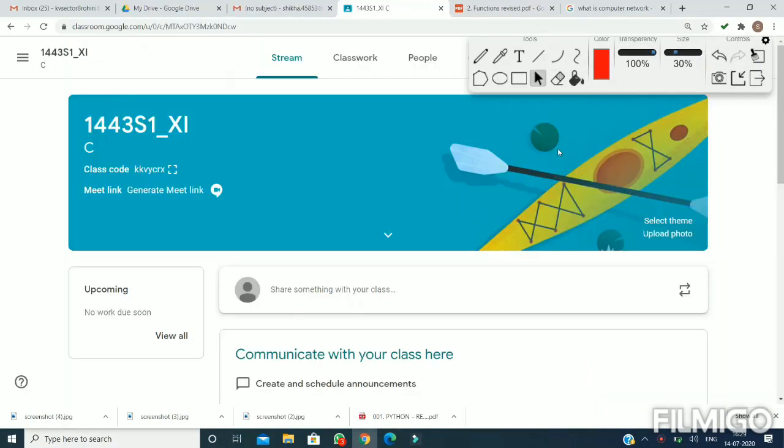I will discuss the screenshot option. How can you take a screenshot of your web page with your paintings? So friends, suppose this is the class code that I want to discuss with my students after highlighting it. So what will I do? I will click on the pencil. I will highlight the class code and simply click on the camera option. You can see this is the camera option for taking screenshots.